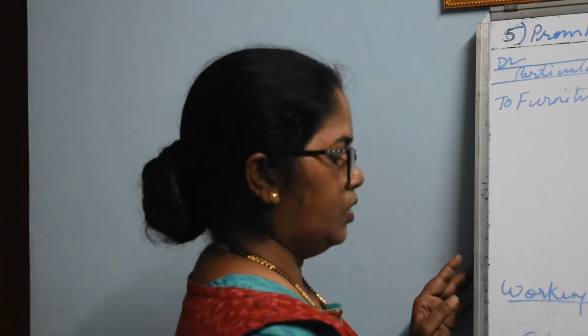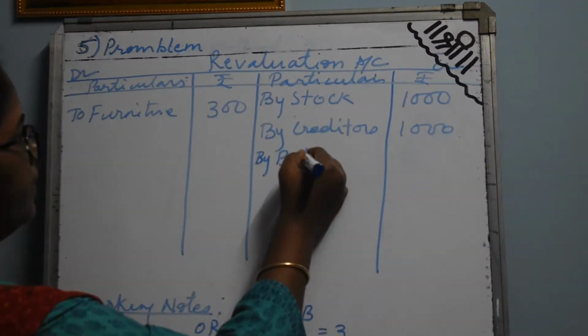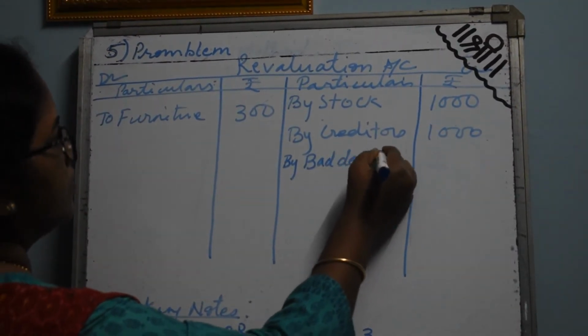So whenever we recover that bad debt amount, it is called bad debt recovered. So we are getting the money inside. So what has happened? Cash of 8,000 has come in and we have got a profit of rupees 8,000. So that 8,000 you have to write on the credit side as bad debts recovered.